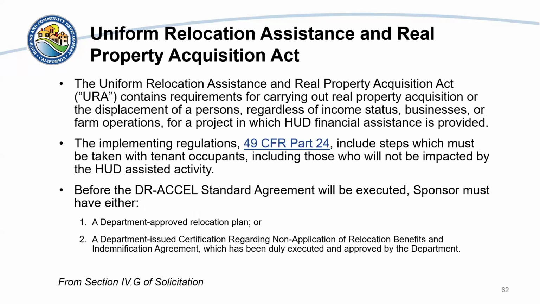This program also requires compliance with the Uniform Relocation Assistance and Real Property Acquisition Act. The Uniform Relocation Assistance and Real Property Acquisition Act, also known as URA, contains requirements for carrying out real property acquisition or the displacement of persons, regardless of income status, businesses, or farm operations, for a project in which HUD financial assistance is provided. The implementing regulations at 49 CFR Part